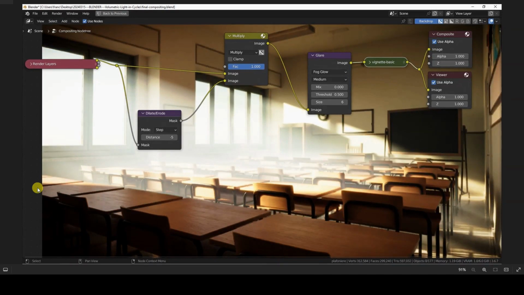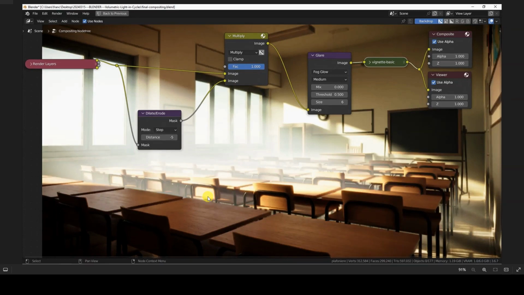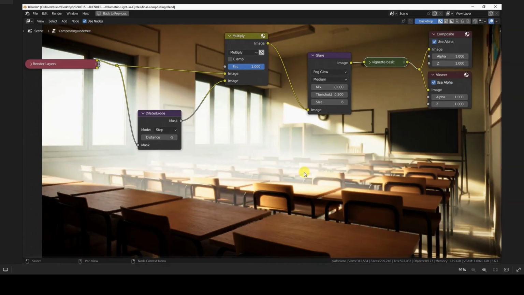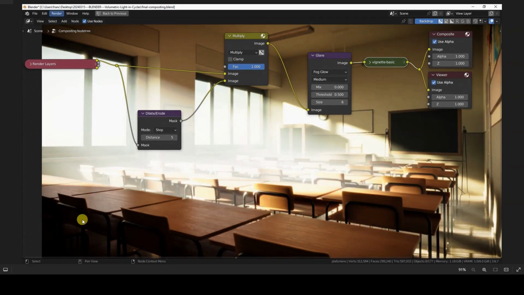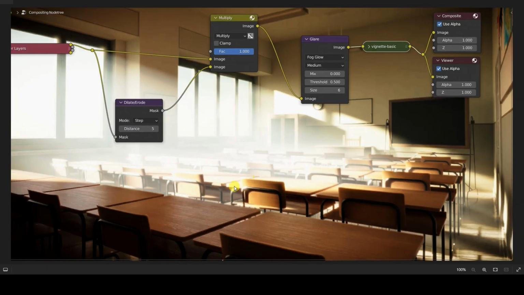Now I'm alternately showing you the renderings obtained with the values -5 and 5 for the distance field. In this case, pay attention not only to the parts I mentioned earlier, but also to the glare glows on the metallic parts, for example on the metal parts of the chairs and desks. To achieve the rendering I showed you at the beginning of the tutorial, I set the distance parameter value to 1, making the image a bit brighter.